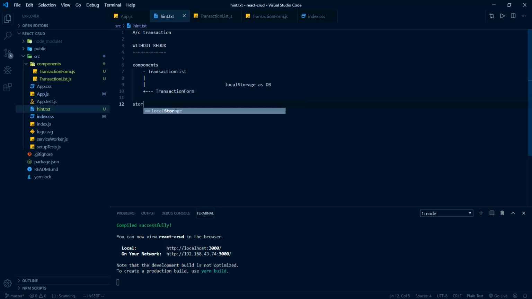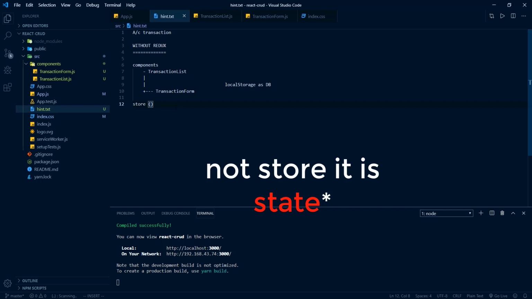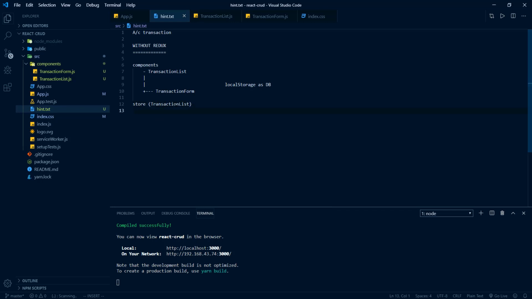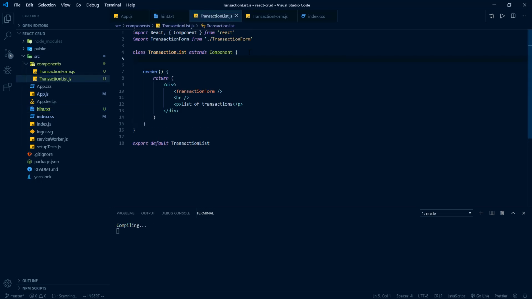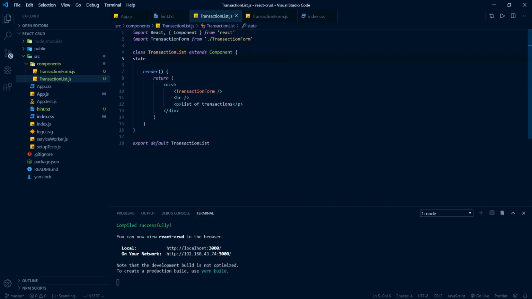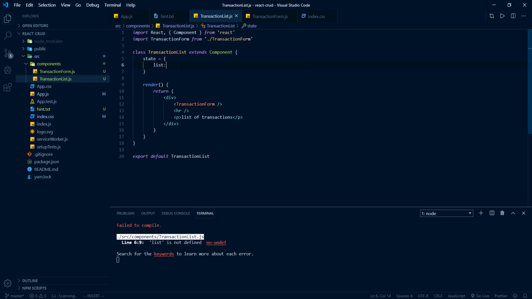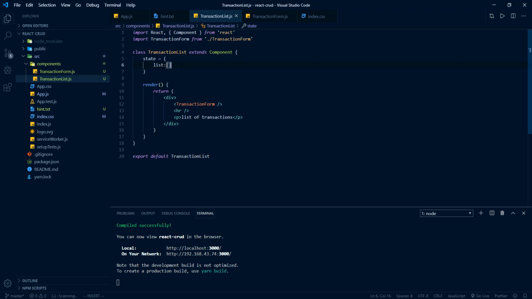For now, inside the store of the transaction list component, we have a list property, which is an array to store all of the transactions. Okay, so inside this component, list component, first of all, I will initialize the state here. State is equal to an object, and here we have the array list. For now, I will just initialize that with an empty array,